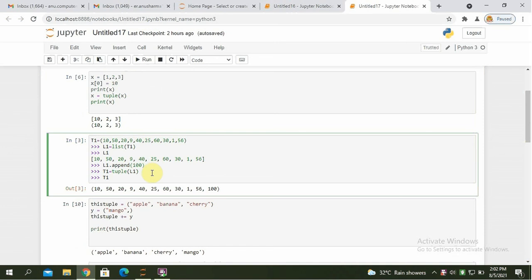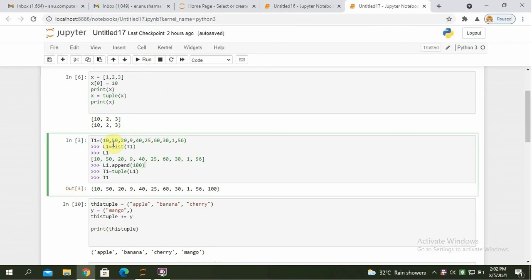Add items. Since tuples are immutable, they don't have a built-in append method. But there are other ways to add items to a tuple. First, you have to convert it into a list, add your items and convert it back into a tuple.